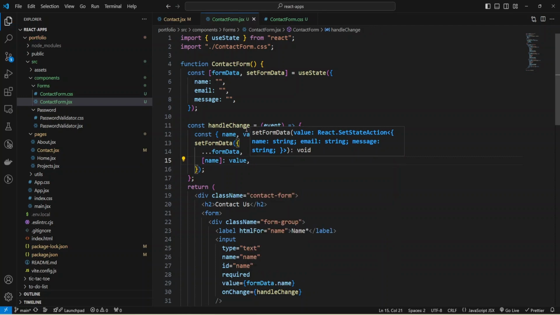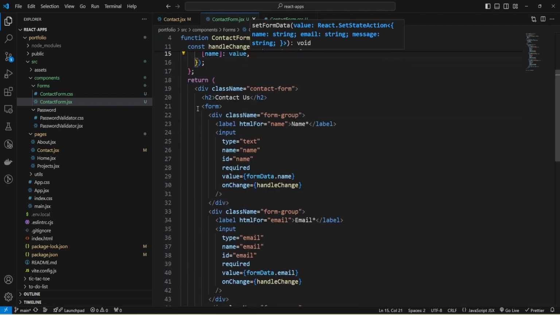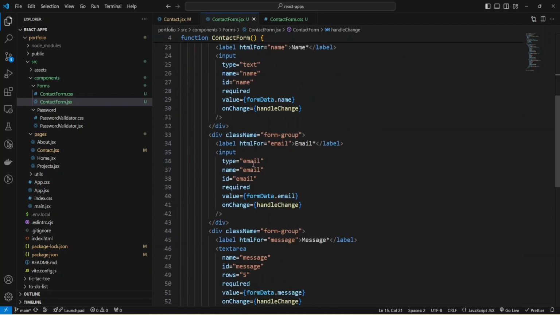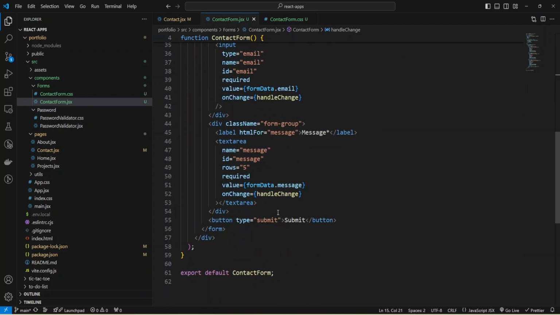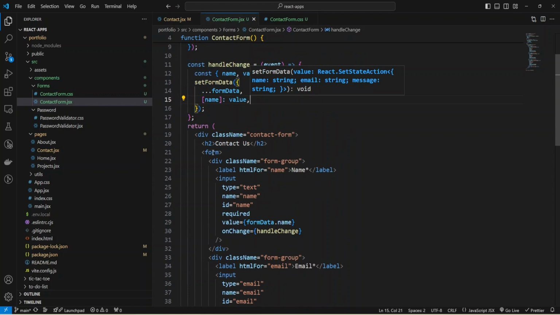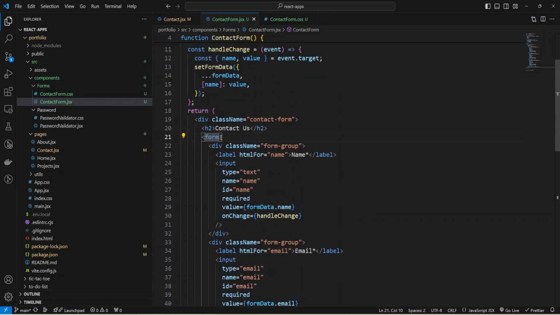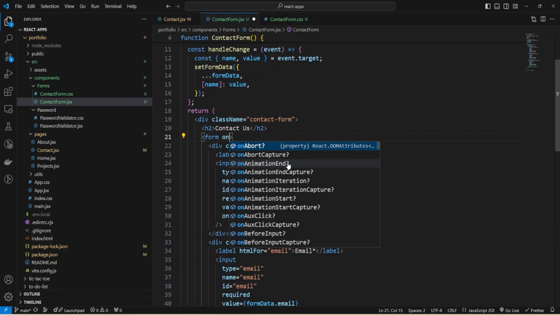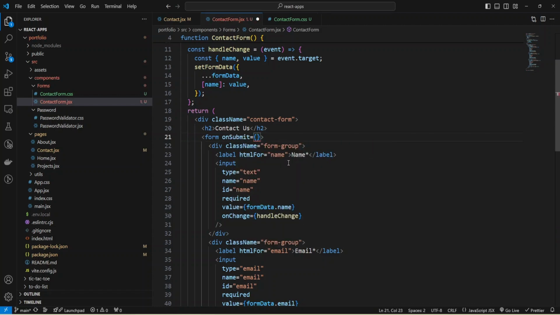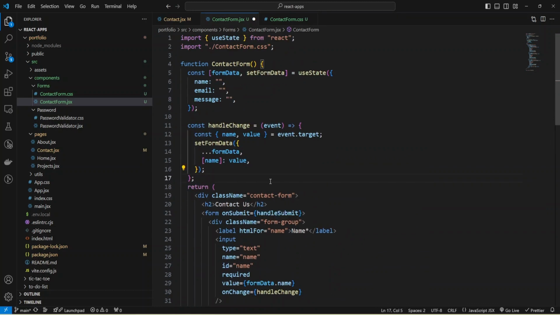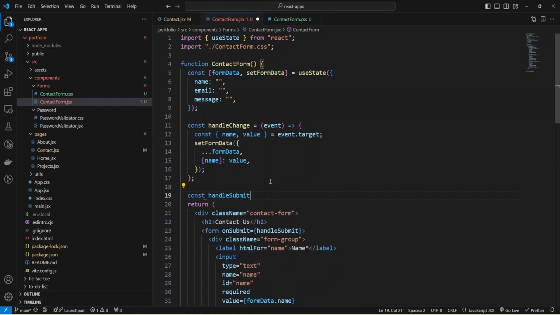Okay, and now I can add some handling for the submit button, and it will be called when the submit button is pressed. To the form I can provide onSubmit, and I will call handleSubmit. I need to provide some code, const handleSubmit.